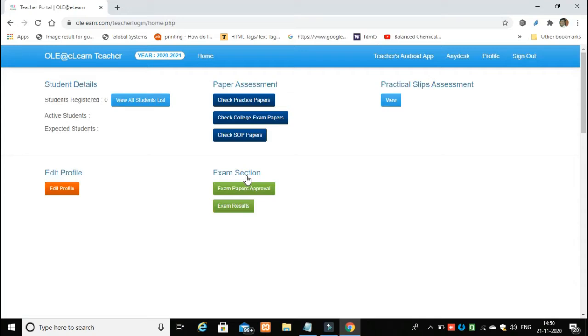Now teacher, generally you find this menu when you are registered on your own. As you are registered, our OLE team will get an SMS that a new teacher has been registered and will be in touch with you. If you are an admin teacher, then only you will be allowed to set an examination for the college. So within a fraction of a second, I will make an admin teacher over here because I want to show you how you can set your college examination.